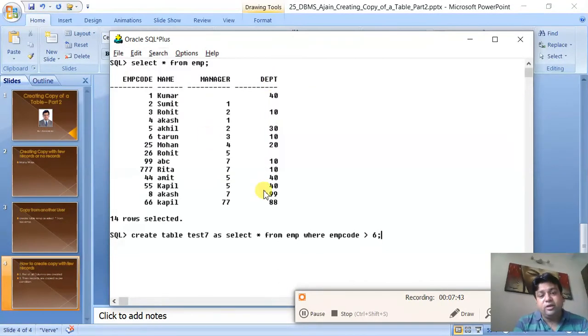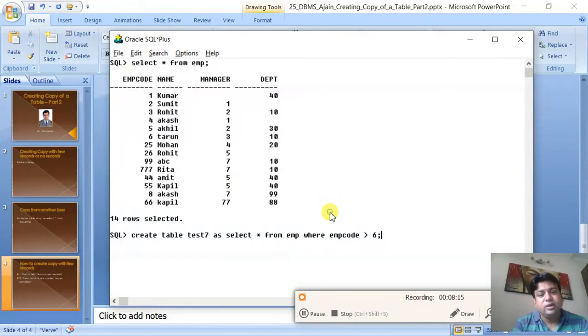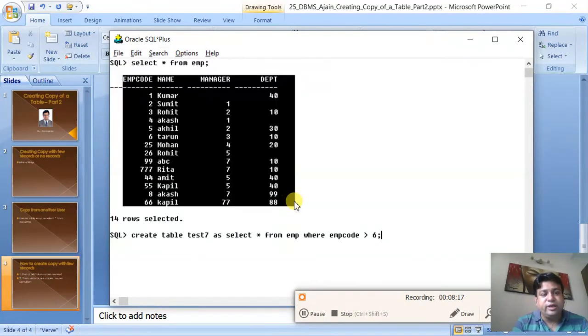And after that, since we have given this condition, what will Oracle do? Oracle will load all these records in RAM. It will point the pointer to the first record and check: is EMP code greater than 6? In this case, no. Greater than 6, no. No. No. No. No. Now here it will find yes, yes, yes, yes, yes, yes, yes, yes. So these records will be sent into this table. Okay, so this is how it is done one by one.